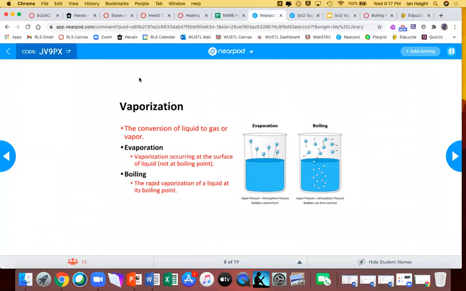All righty. Another weird thing in this unit is the terminology referencing the transition from liquid to gas. Often you see it and hear it as evaporation, kind of the catch-all phrase. But evaporation actually has a very specific definition. Evaporation is only vaporization occurring in a liquid that is not at its boiling point. It's just occurring on the surface of the liquid. That's evaporation. Don't confuse that with boiling, which is where you have heated a liquid to the point where usually